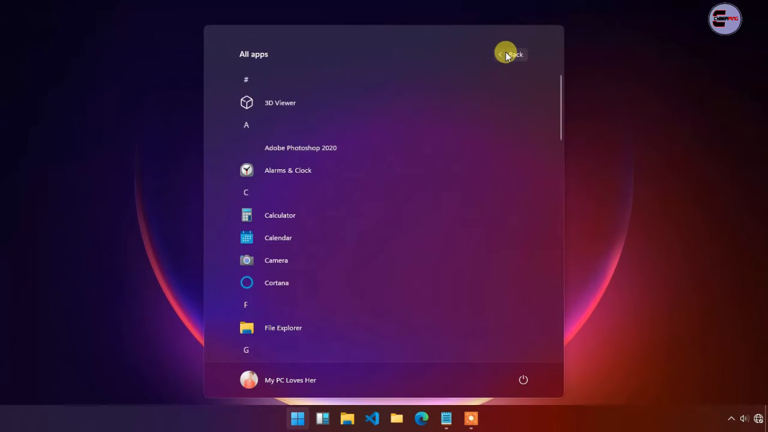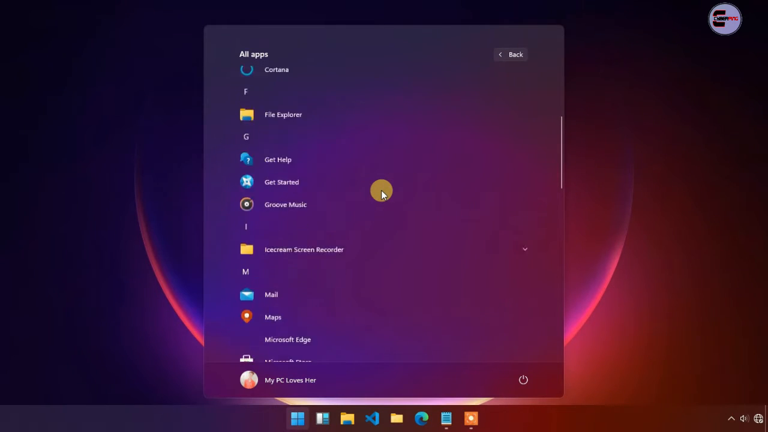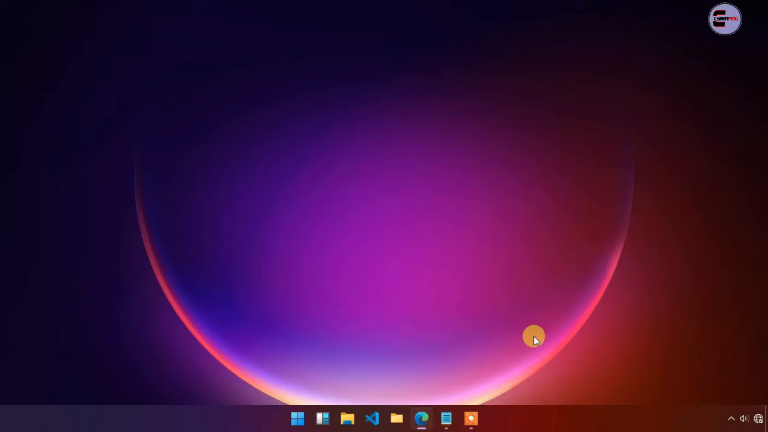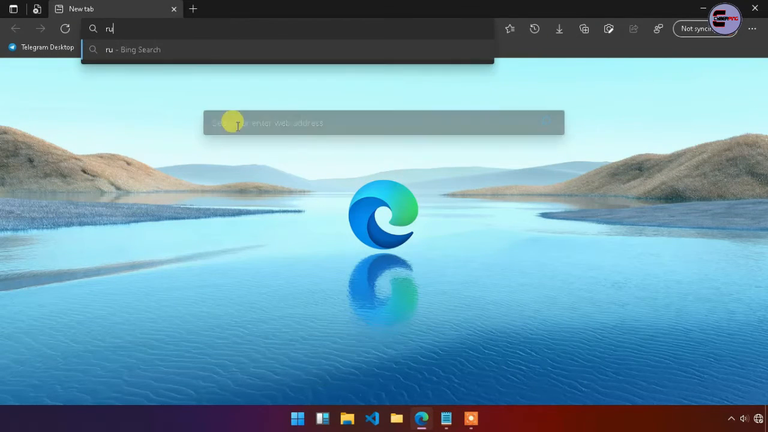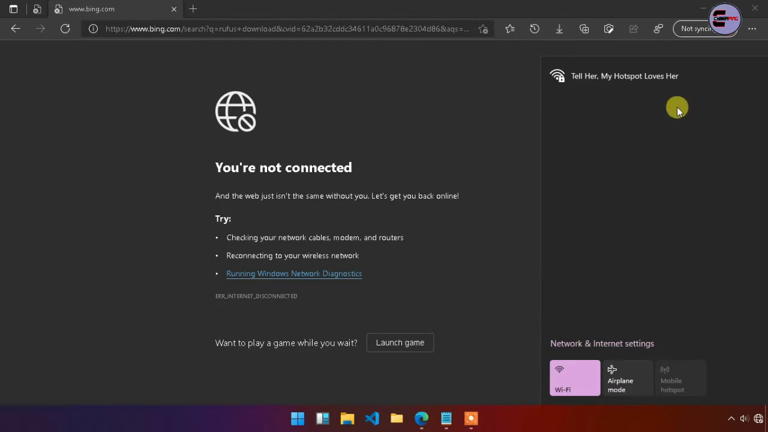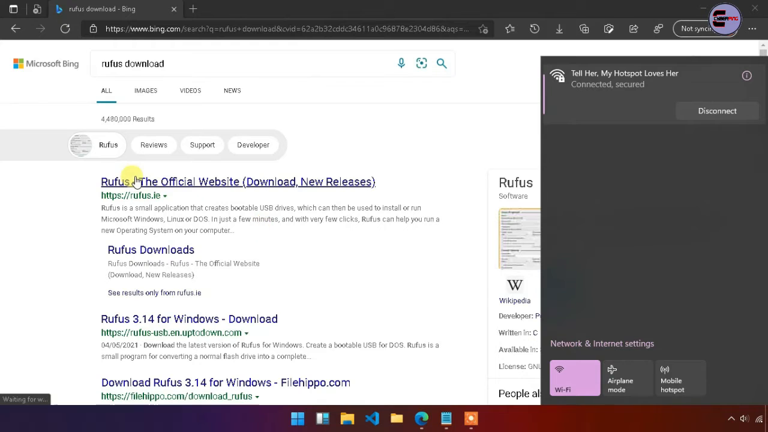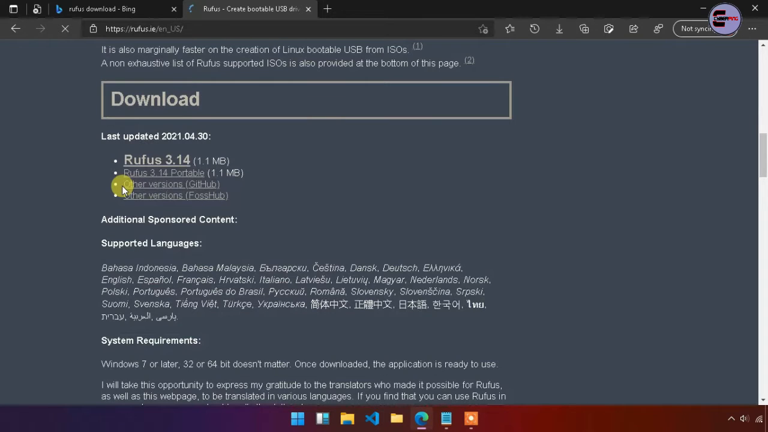So first we need software to make a bootable pen drive, and we'll use the Rufus software. It is a portable software and you don't need to install it. It can be run directly without installation. So first we need to download this software. So let's open our browser and download it. Just search on Google for Rufus download, click on the first site, and then you will get it. After downloading the software,